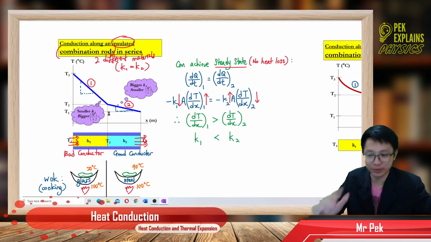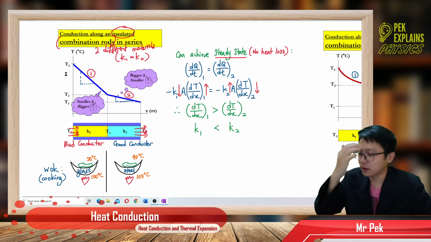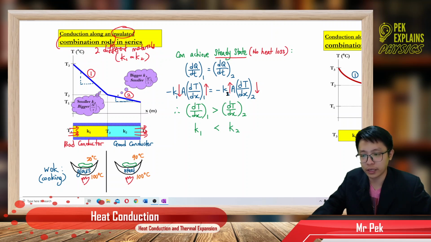Now, back to this graph. We have two different rods, they have two different K, so we have K1 and K2. When they have different K, of course they have different temperature gradient. For example,